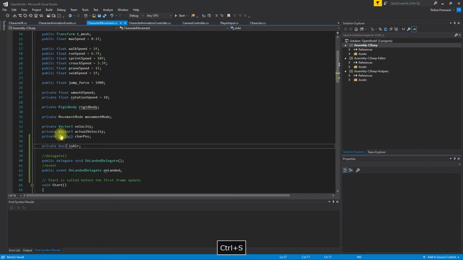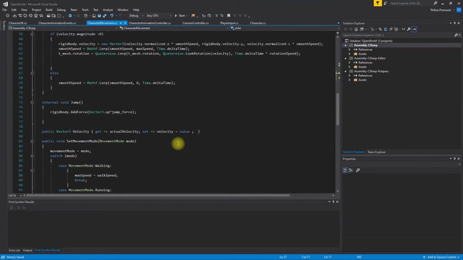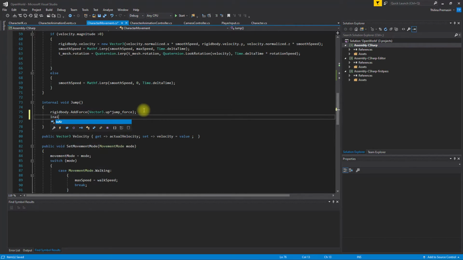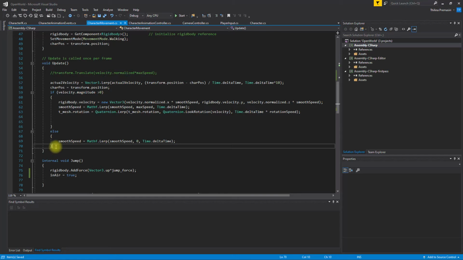Then when I start jumping, I'll set in air to true, and in the update, as long as I'm in the air,